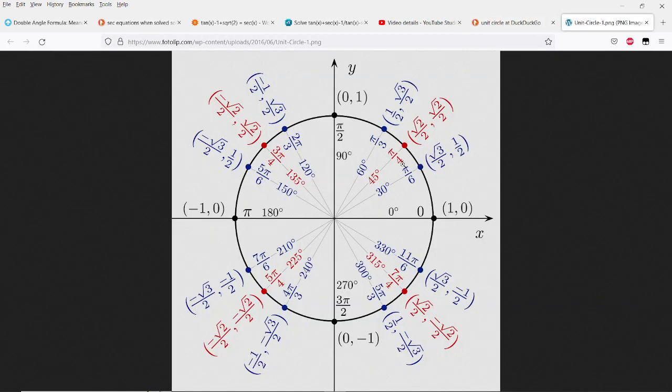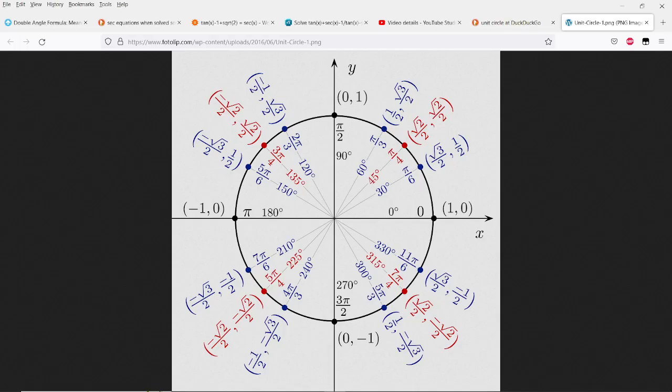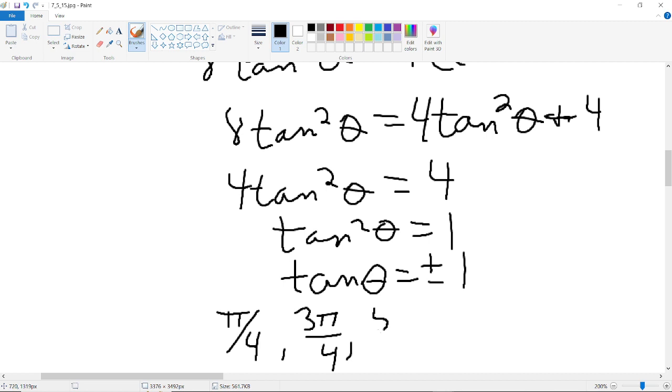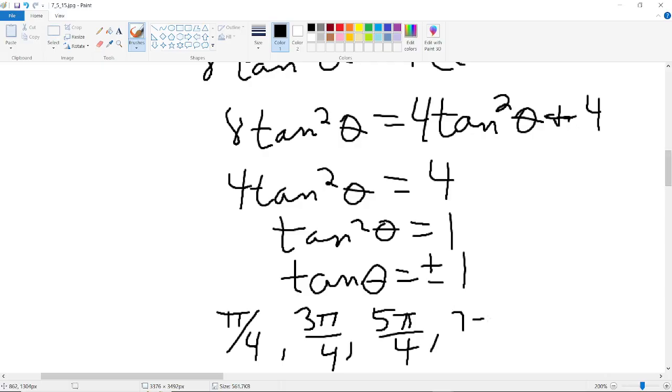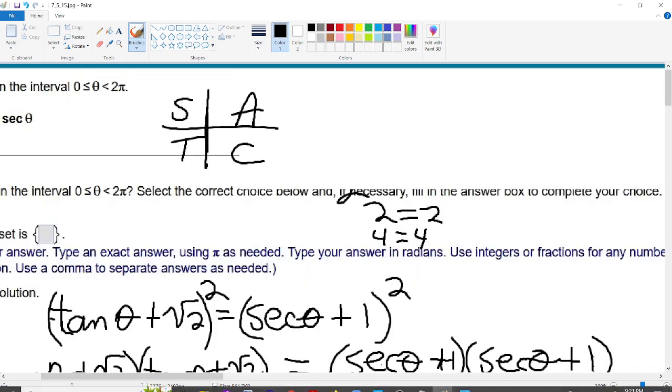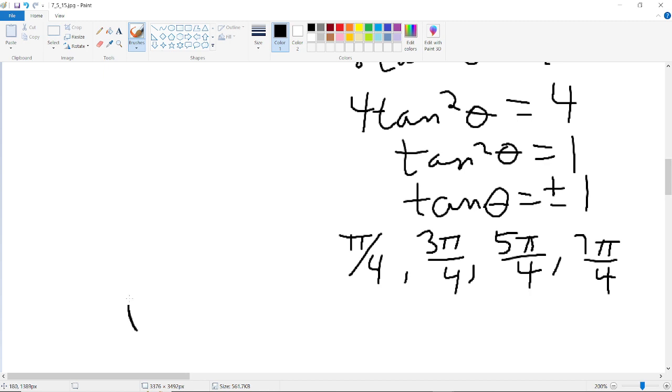So tangent theta is 1 here at pi over 4, and then here it's minus 1 at 3 pi over 4. And then it's 1 again at 5 pi over 4. And it's negative 1 again at 7 pi over 4. Now let's write our original equation. Our original equation, and again, I don't know why this has happened. Something got dropped or missed with our manipulations, but if you plug these back in,